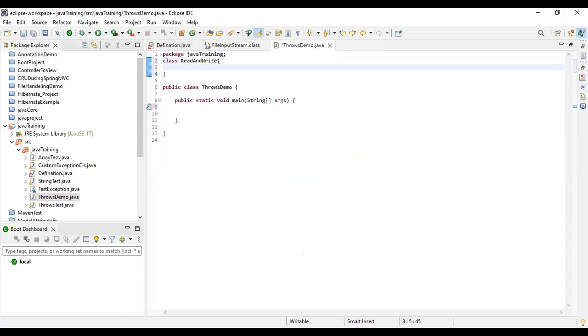So create a separate class named ReadAndWrite, and inside I declare some method